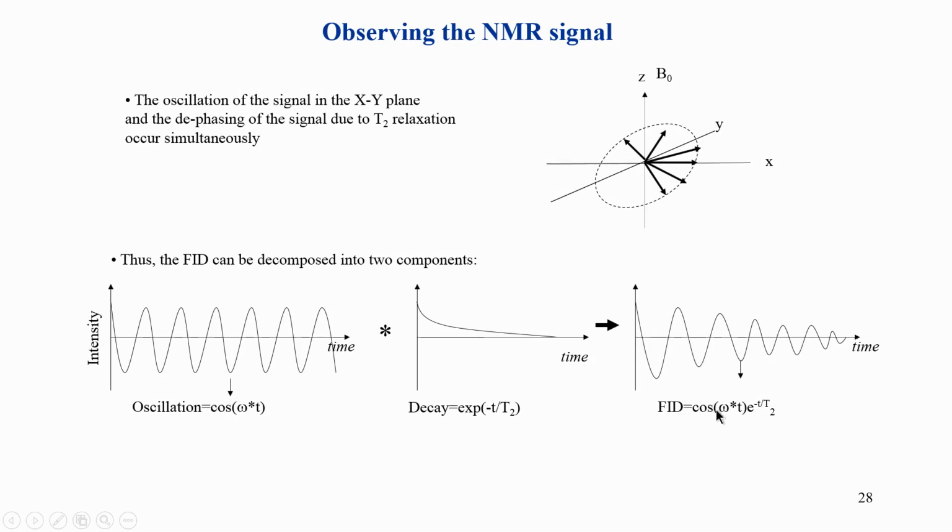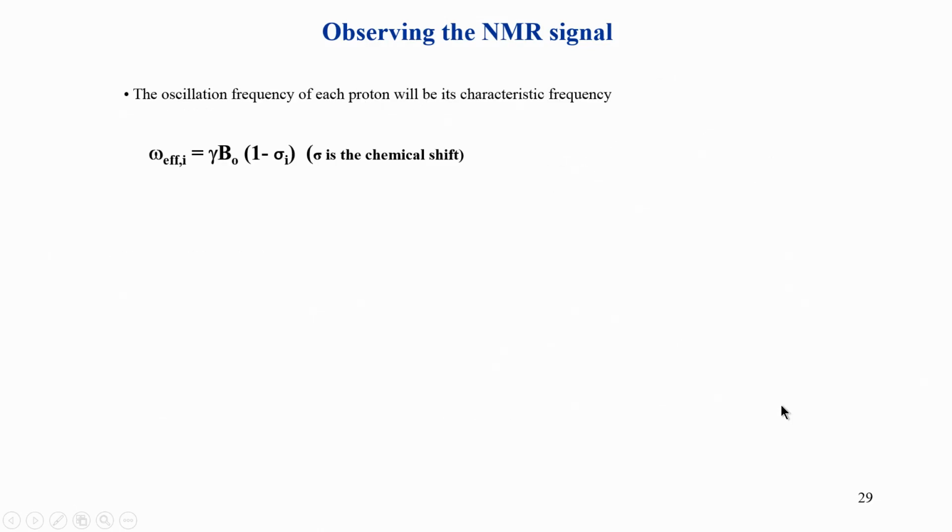So, the FID consists of two components: an oscillation or frequency component which is cosine, or it can be sine, multiplied with an exponential decay term, and this is the total FID which is detected. There has to be a multiplicative constant here, which we will see later, and that constant is basically this height at time t equal to 0, and that depends on the concentration or number of protons and so on. So, that factor also comes in as a third factor in this equation.